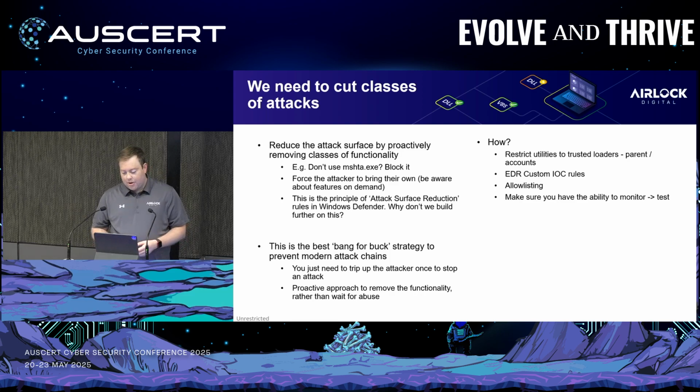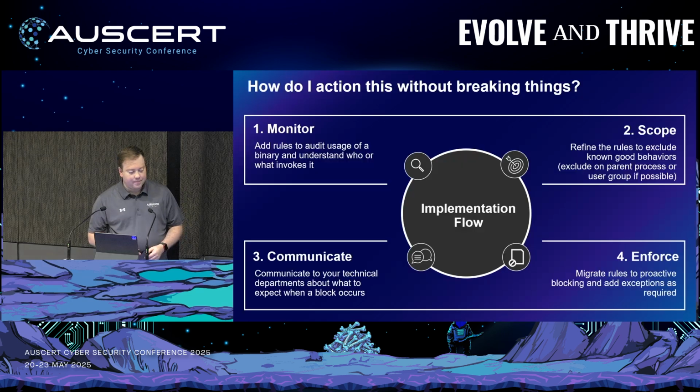So to do it, go rebuild your golden images, cut down the OS. You can use EDR to build those custom block behaviors. Allow listing is a great solution to handle this. But the key thing, as I just mentioned before, is we need to be able to proactively monitor and tune the rules as we go, so that we don't stop Windows updates from being pulled down or something like that, something important. So to do it, we're going to have to make sure that we can see what's running. We have to, of course, see the behaviors so that we can then tune our rules and scope them to be appropriate. So these exemptions could be things like,